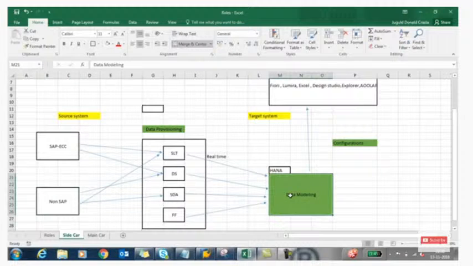Real time, in the sense, suppose we are going to create a sales order. When it saves, the data will be stored in SAP HANA also. The second one is Data Services, which is not real time. We can connect the SAP ECC system to SAP HANA. Data Services are